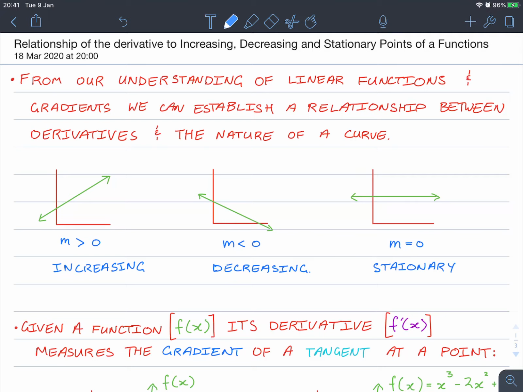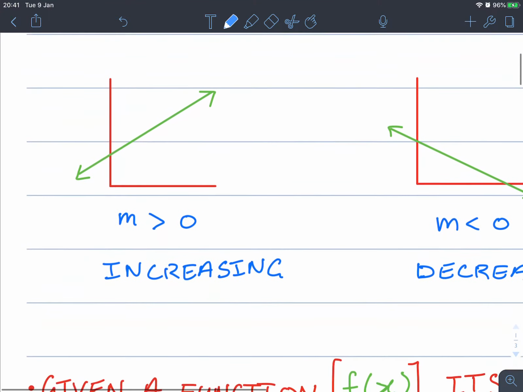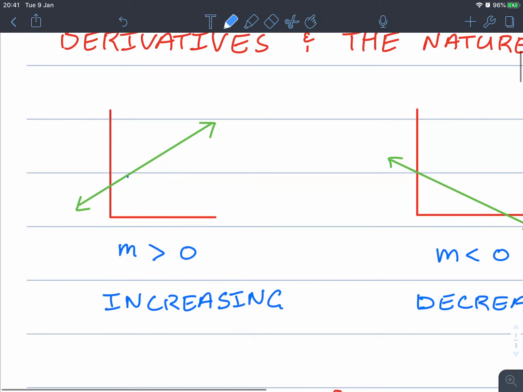Hello class, this is a video tutorial on the relationship of the derivative to increasing, decreasing, and or stationary points of a function. From our understanding of linear functions and gradients, we can establish a relationship between derivatives and the nature of a curve. So we know from linear functions, this is the rise and the run,